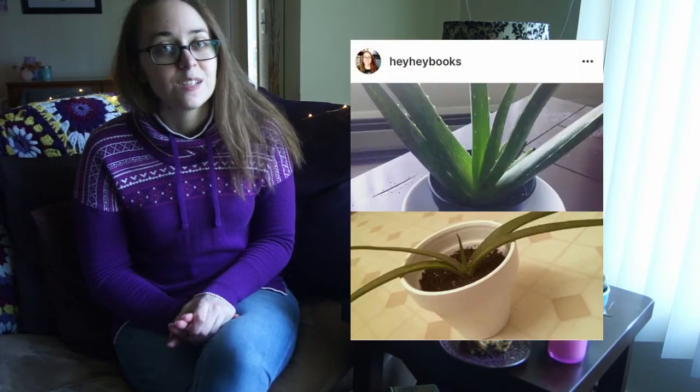Even though I can't really go on long hikes or anything because I have a hip issue, I do like taking walks and just enjoying the sunshine and being outside. And I am trying to be better at taking care of my plants. This is the second aloe vera I've had because the last one died. And I also killed a violet plant and a bamboo plant, which are all supposed to be very easy plants